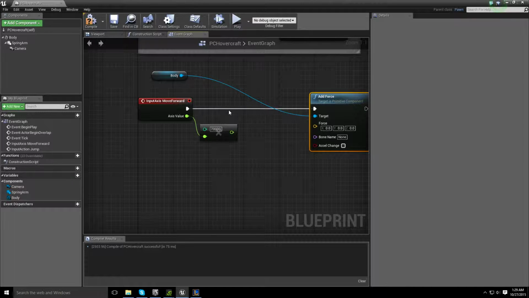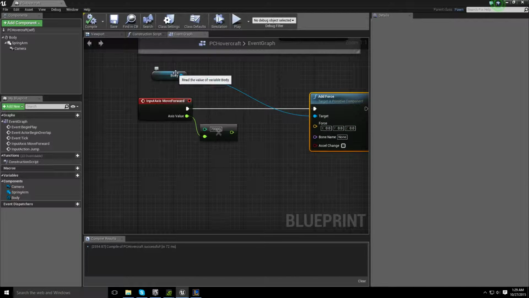All right, that sounds pretty complicated, but it's actually quite easy. So I just need to tell Unreal Engine to figure out which way is forward, and then multiply the axis value by 70,000 and multiply that by the forward direction, and then add that calculated force